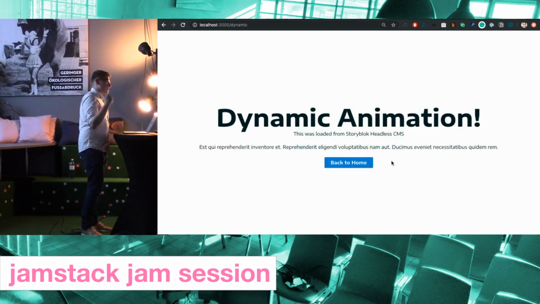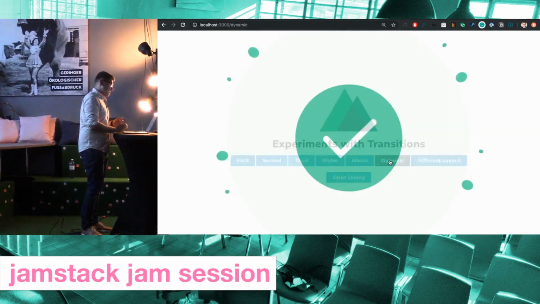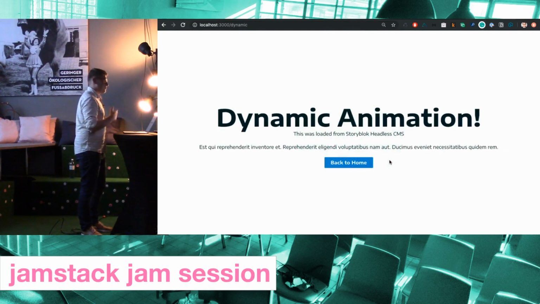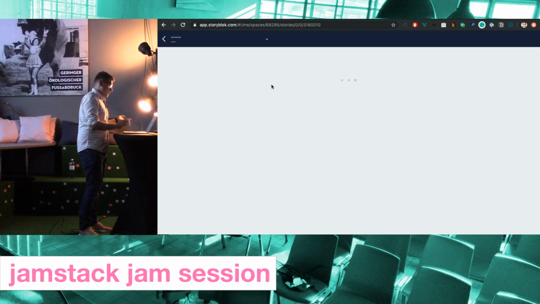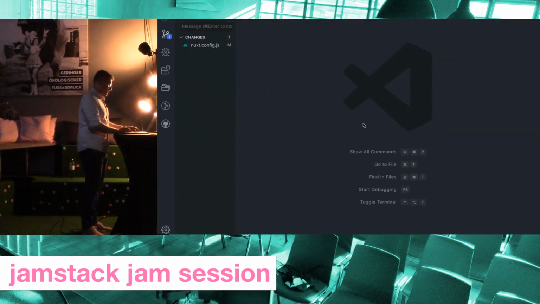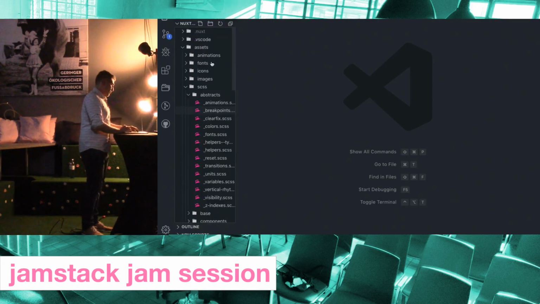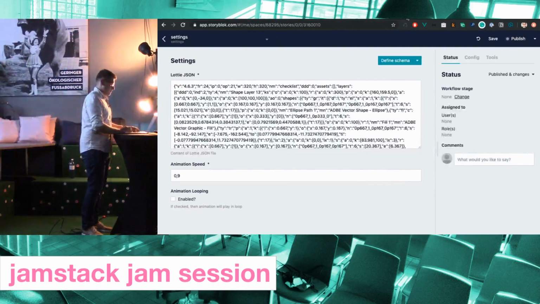So I had this green check mark, but then customers say, you know, I would like to change something, like change the animation. And I was like, okay, so let's try to have a Storyblok set up for this. So I created a basic Storyblok space, and there's the settings where I uploaded my JSON file. So if I want to change it and play a little bit with this, I can go to the assets, look for my animations, and let's change it to orange, which is basically